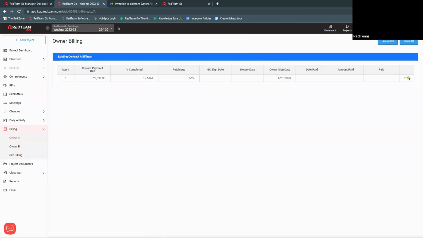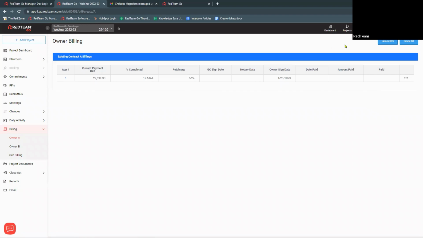Okay, so when I showed you the example of importing, apparently I created the owner's signature here. It's not going to let me unsign my owner's signature. So you'll see that the GC date disappeared here because I was able to unsign that. You can unsign if it's something you've done internally, but you cannot unsign the owner's date or the owner's signature if it's a digital signature. So we would have to go into our support side to do that. But what I can do